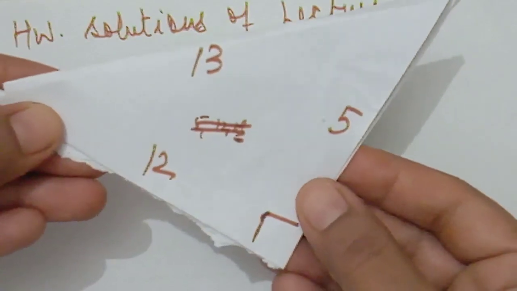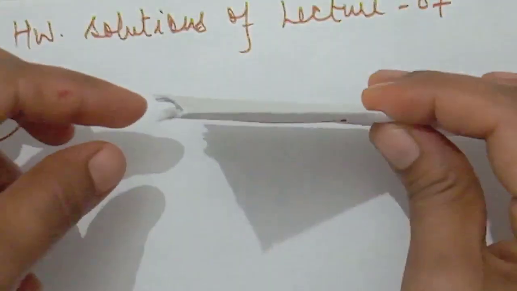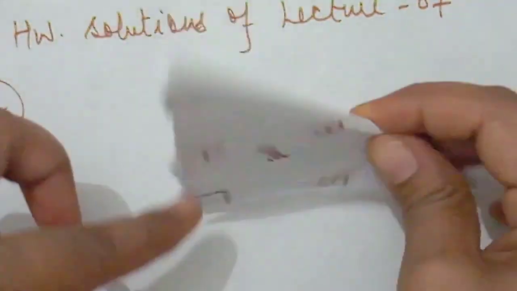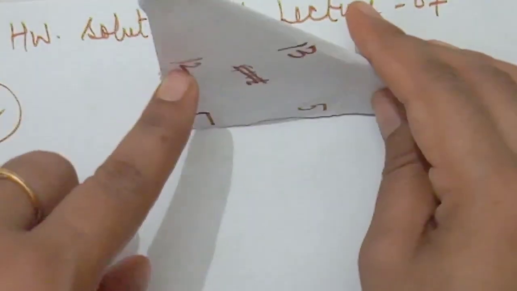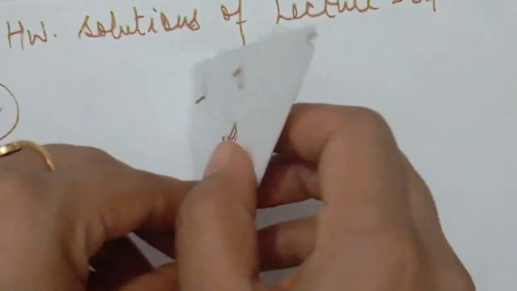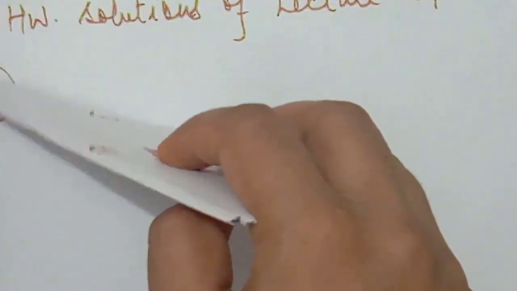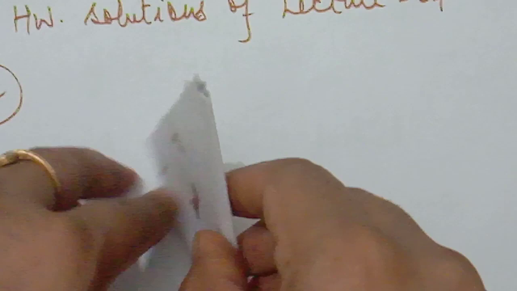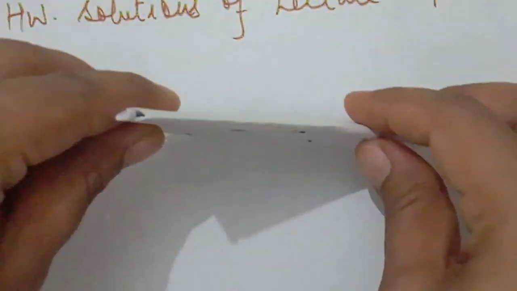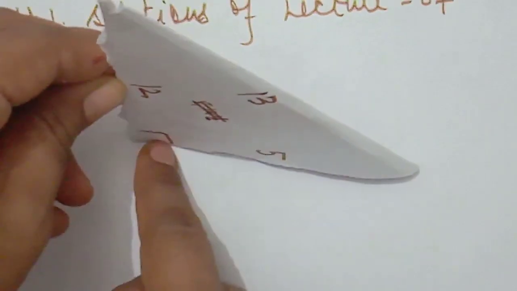In question number 7, it says that it is revolved around 12 centimeters. So we will take 12 centimeter as height. See, it is 12 centimeter and it is revolved around. It means it makes a cone like this. If we make an arc, then it will make a circle at the base, and it is like a cone, revolving around the 12 centimeter.